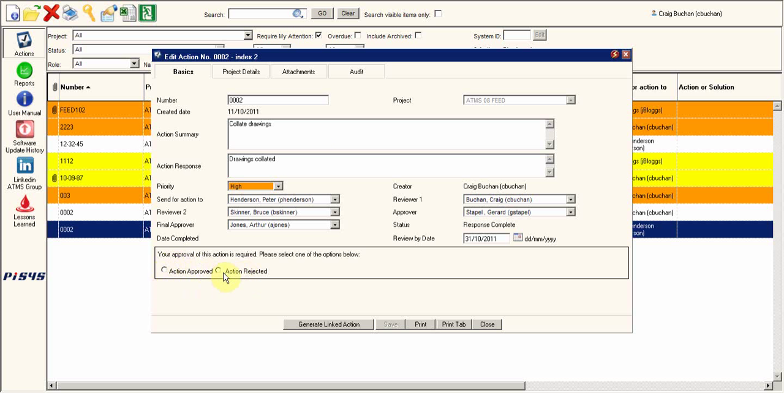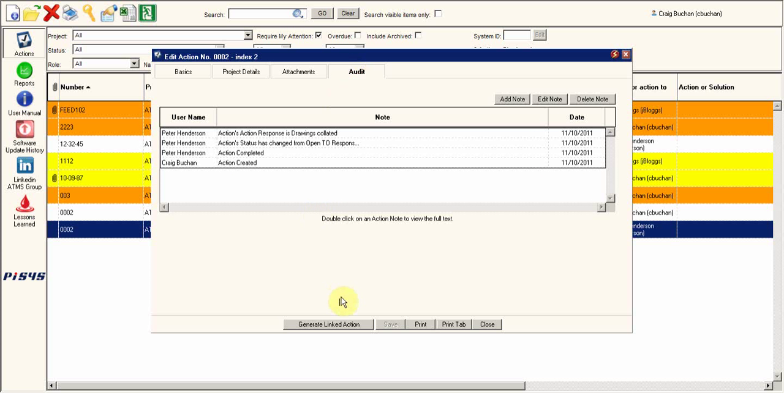Now these are new options, because the action's now underway. It's been processed by Peter, and Craig can either choose to approve it, in which case it will go to the next reviewer, who's Bruce there, or he can reject it. Now if he rejects it, Peter will get an email telling him it's been rejected, and if Craig wants to make a comment about that, let's say